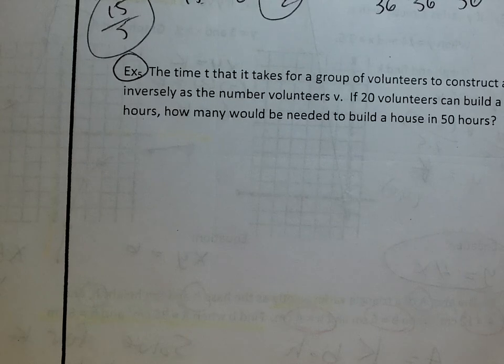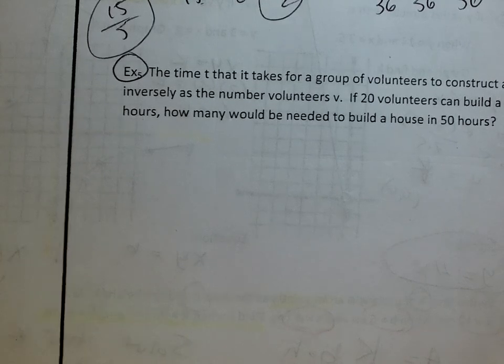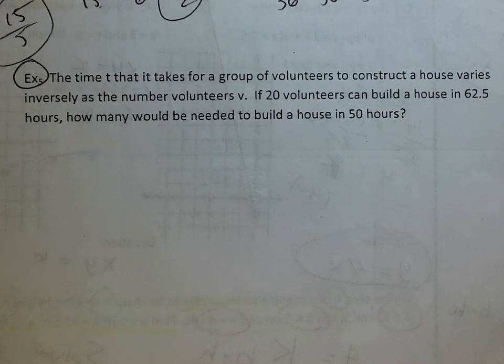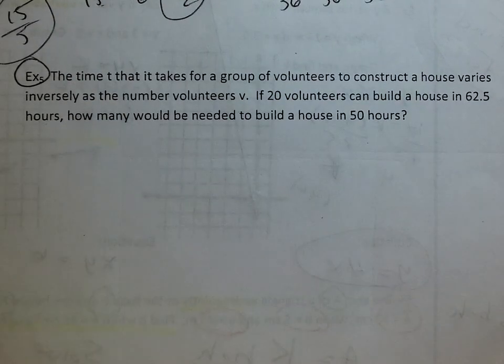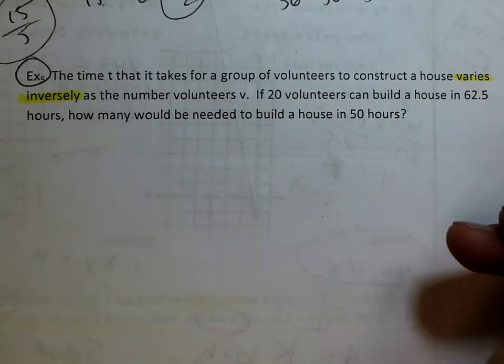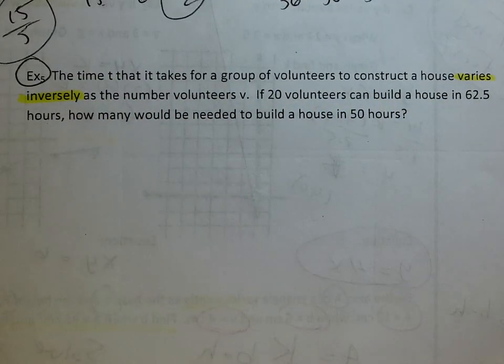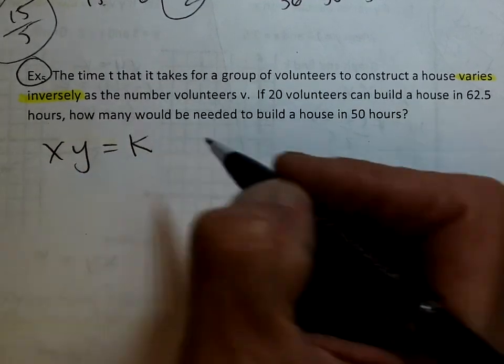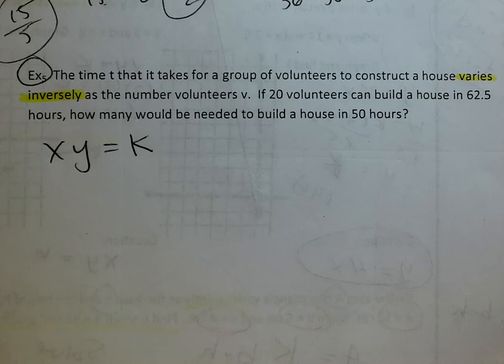Number 5. So look for the key words. Anytime you have a story problem, dissect it, okay? So here's a key word right here: inversely. So right off the bat, I know I'm going to go x, y equals k, all right? You guys see the key word inversely? Except I'm not really going to use x and y because this has to do with